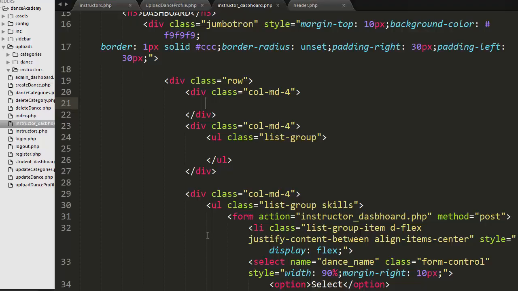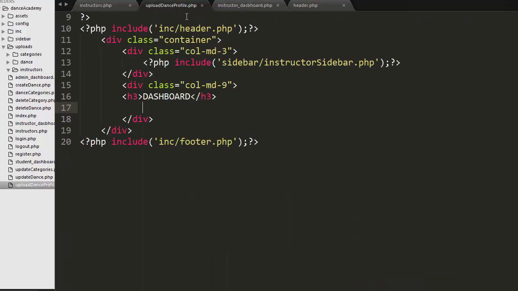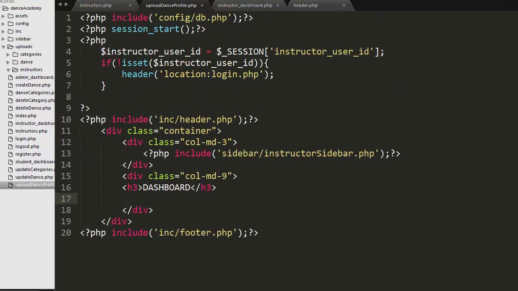So let's go to our editor. So here you can see I have created a file with the name upload_dance_profile.php, and here I have included my database configuration file, and also I have started the session, and also I have written some PHP code here at the top to restrict unauthorized users to access this page. Okay, so now here I have included the header and footer, and between this header and footer I have created a container which has two divs. First div is of column 3 to display the sidebar, and another div is of 9 column to display the